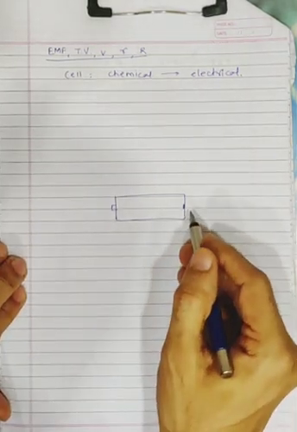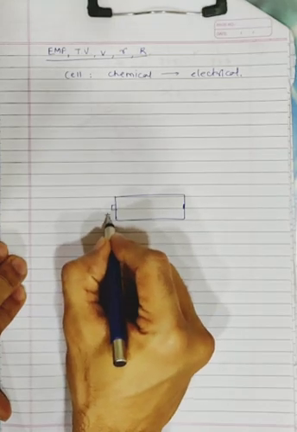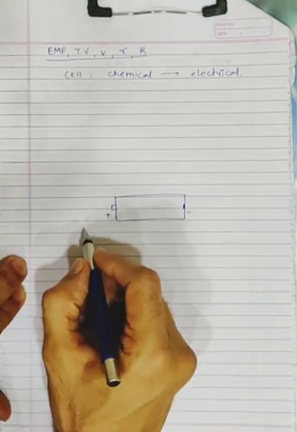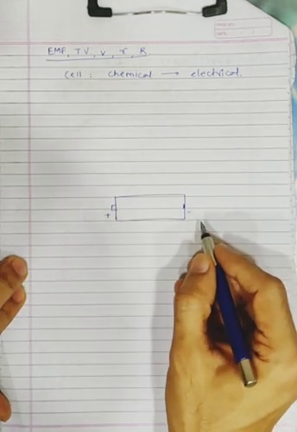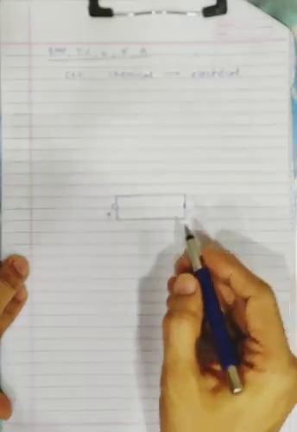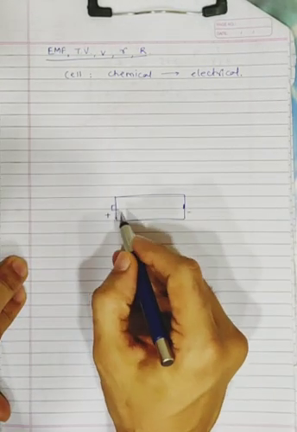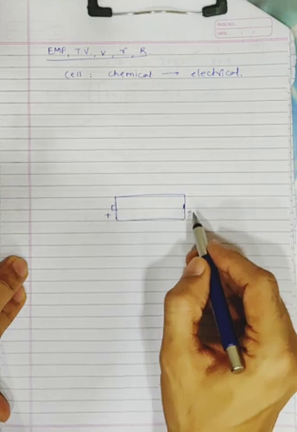Now, this is a pencil cell. There are two terminals in this, positive and negative. The positive one is called the anode, and the negative is called the cathode. Even if you don't know much about it, it's okay, we don't need it here in physics, but just for the basic terms, positive means anode and negative means cathode.